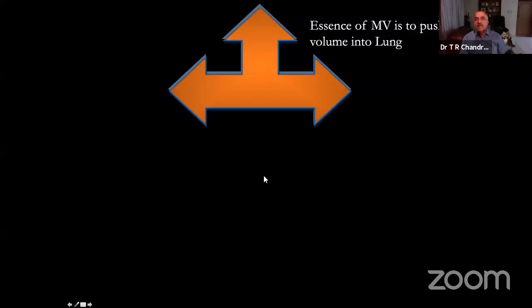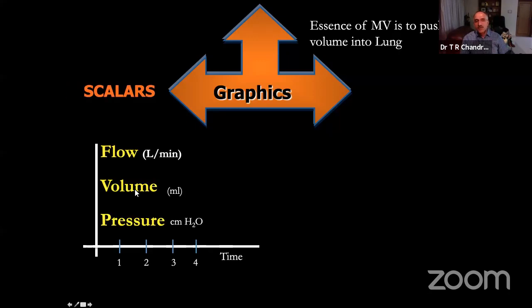And the whole essence of mechanical ventilation is to place a volume into the lung, isn't it? That's the reason why we put a patient on a ventilator. Now, every breath has three components: flow, volume, and pressure. I made that slide to impress upon you why there are only